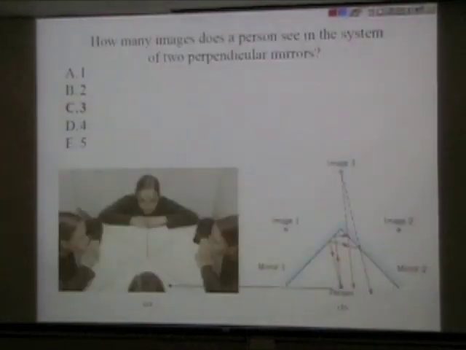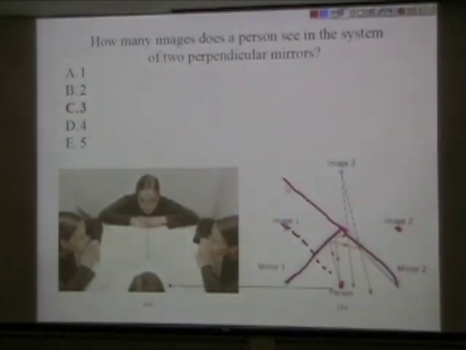This is another example of how a mirror forms an image of an image. Yeah, the question was how many images would the person see in a mirror like that. So this is an object. This mirror forms an image. This mirror forms an image. However, again, we can say that this mirror forms an image of this image,